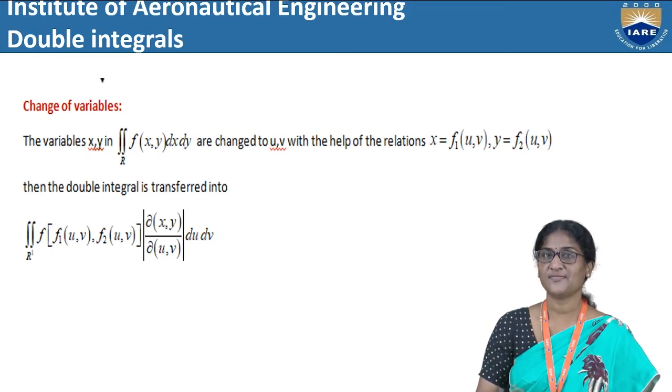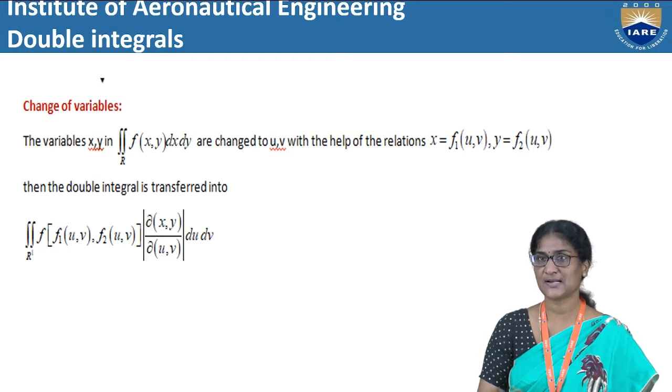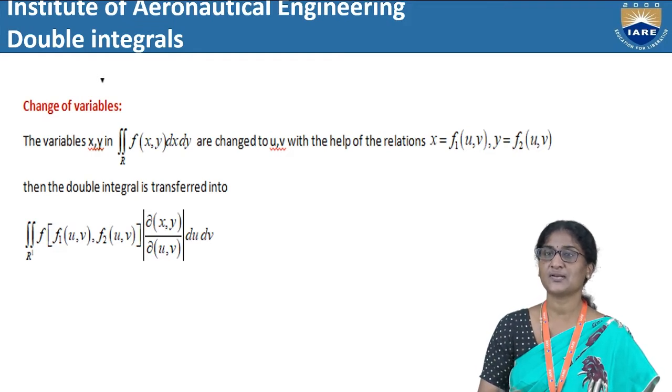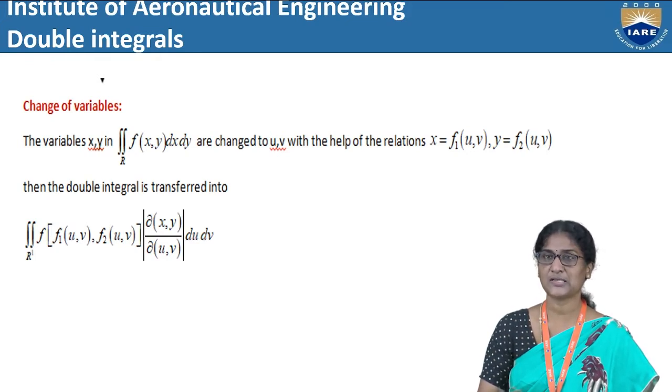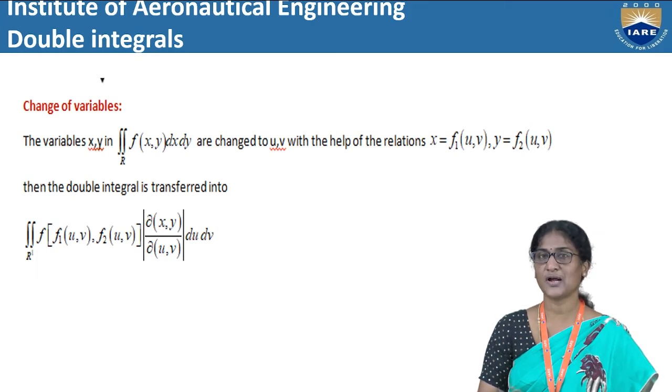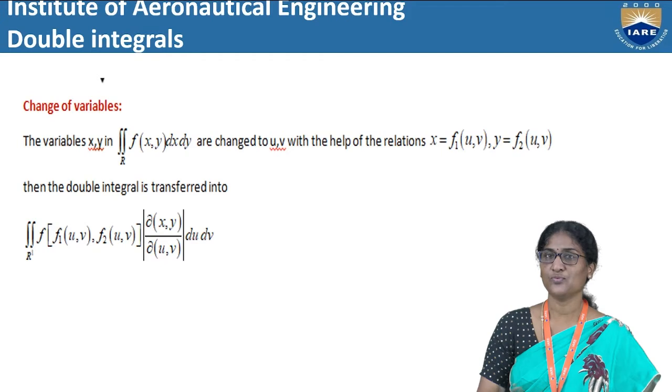Even the change of order of integration, which we discussed in the last class, is also a tool to solve double integrals whenever the question becomes very complicated and we can't do the problem easily. Then we can convert it to our convenient field. Here we are going to discuss two different types of changes, that is, Cartesian to polar coordinates and polar to Cartesian coordinates.